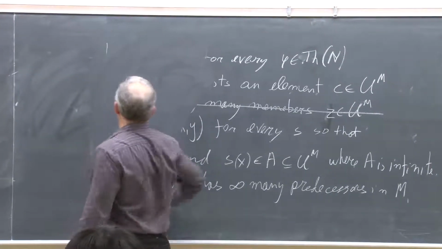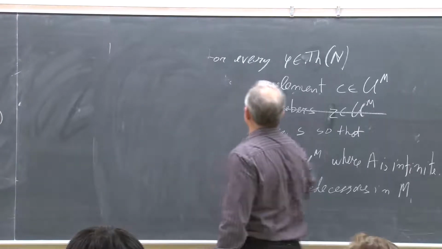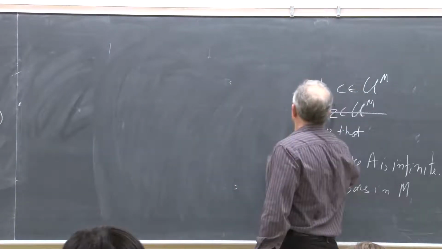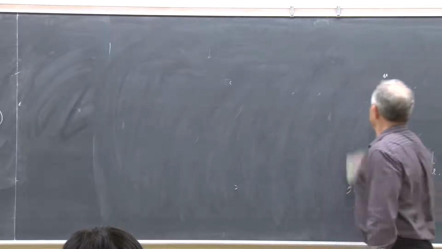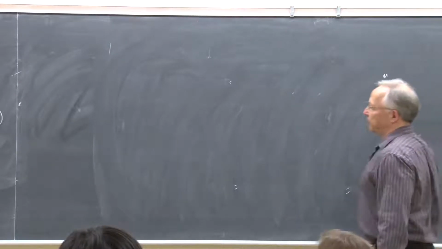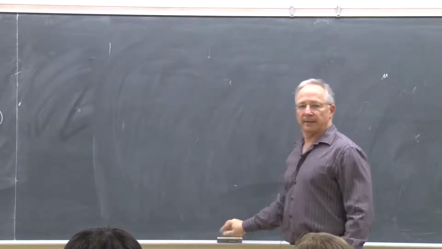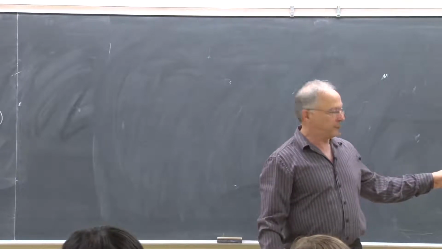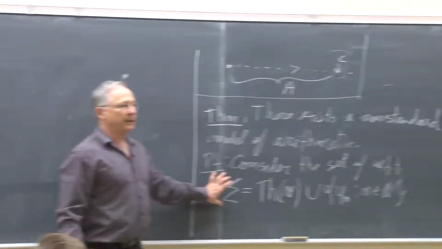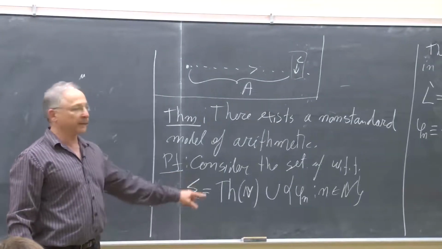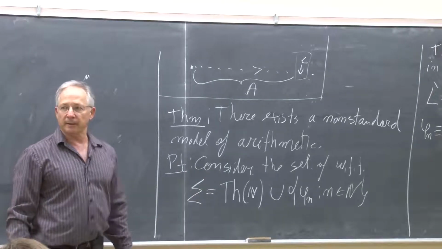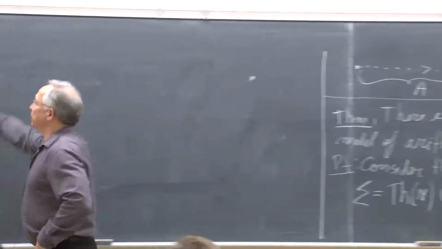So we are going to invoke the compactness theorem. So recall, what does the compactness theorem tell us? That if I want to show that some set of formulas is satisfiable, it suffices to show that every finite subset is satisfiable. So by compactness,